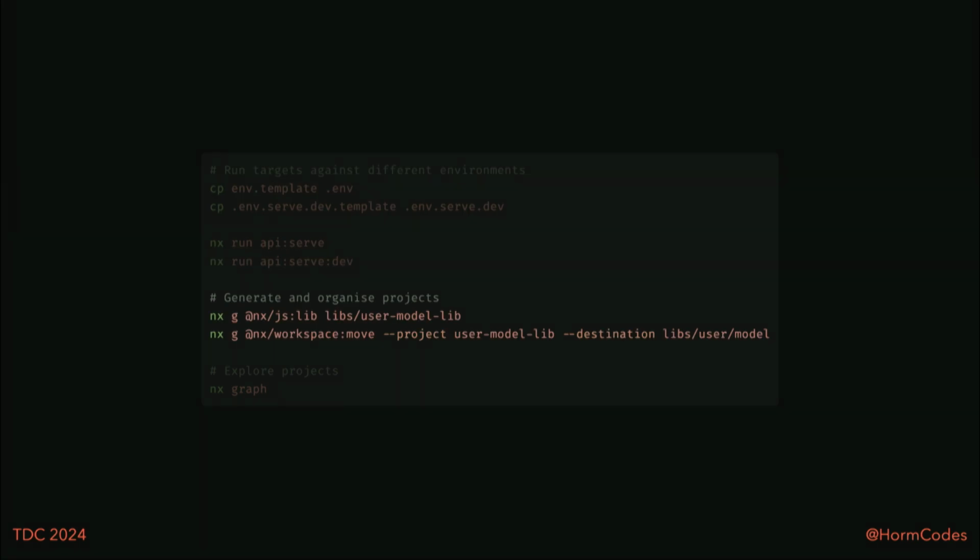There's also a lot of generators and tools for managing the projects inside the workspace. So you can generate projects from scratch, and then you can also move them as you need, rename them, delete them, a lot of stuff. And lastly, NX also provides a visual tool where you can see the whole workspace and all the connections. And I do not use it that much, but I think it's something worth showing